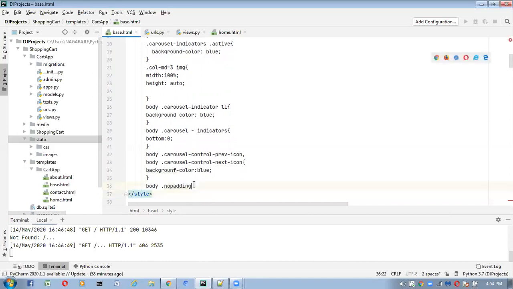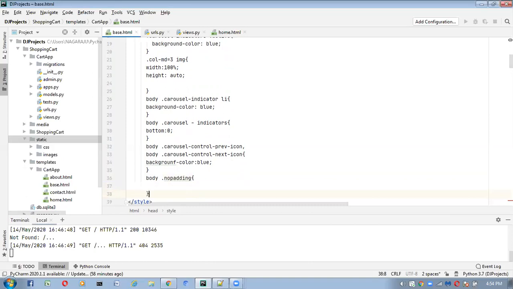What we have to take after no-padding? Curly brace, close. Inside this we have to take padding-left 0, and next padding-right 0. I am taking 0 like this. Save this one. This is the CSS code which we have to write.